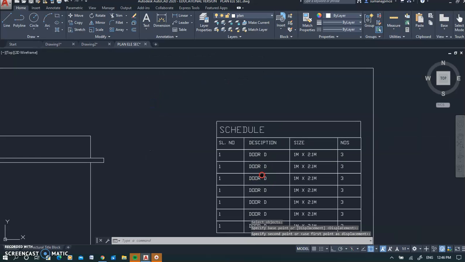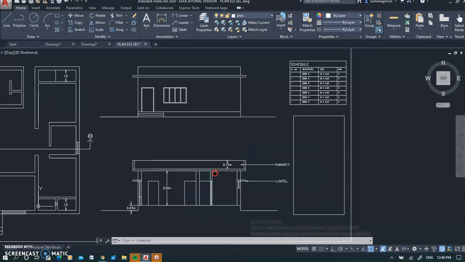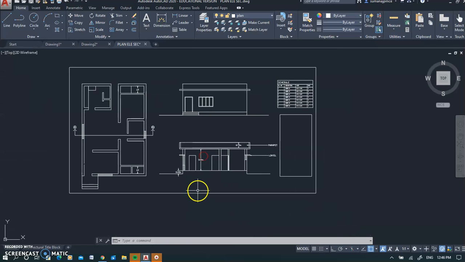There are ways and means of changing the font size, font type and all that, but as of now let us restrict to learning how to draw. That is the complete drawing. Now I am not doing the drawing to the complete finishing, because all these steps have been told to you in the earlier sessions and the videos will be too long if I go on explaining each and every step in every drawing.